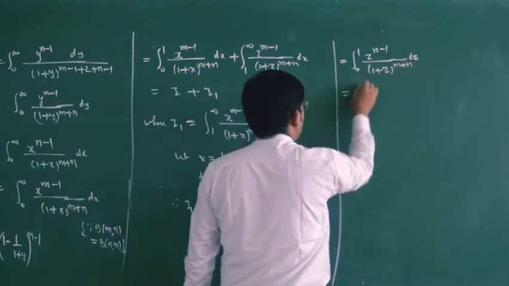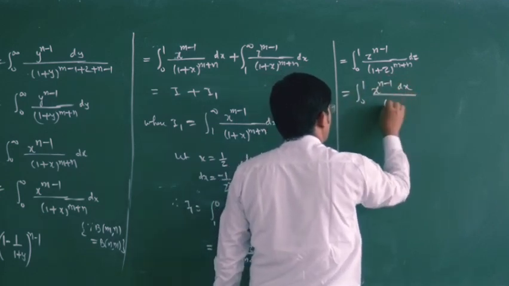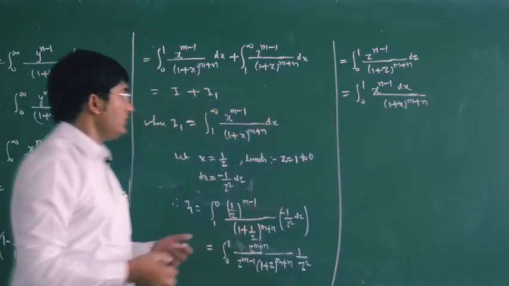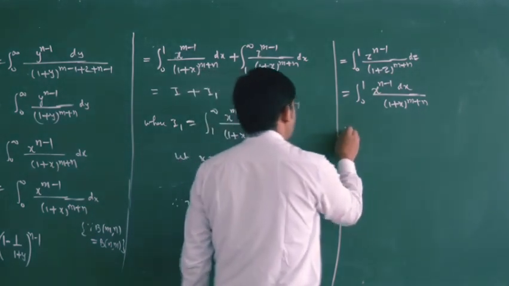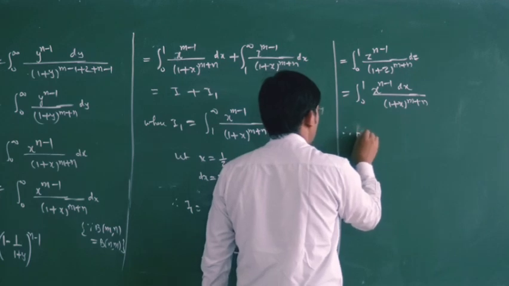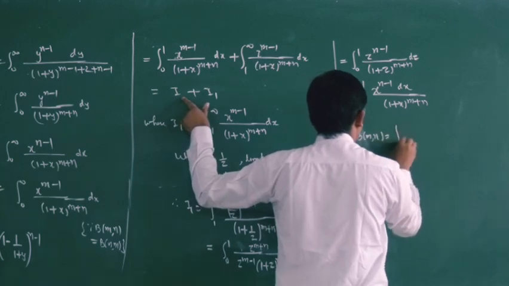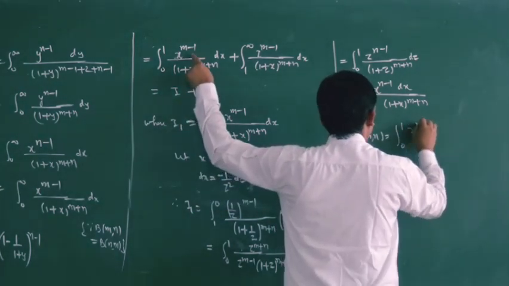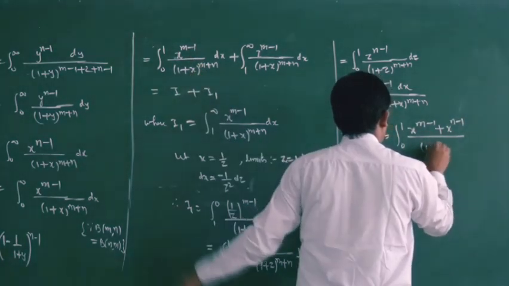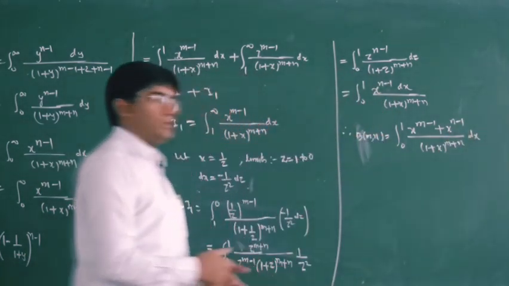Now again, let us replace our variable by x. So we have this term. Therefore your I1 is this one. So our original integral, the value of this beta m n, will be, put the value of I1 here. So we have integral 0 to 1, this is your x power n minus 1, this is your x power n minus 1, and your denominator is common, so we have this thing. So this is your result.